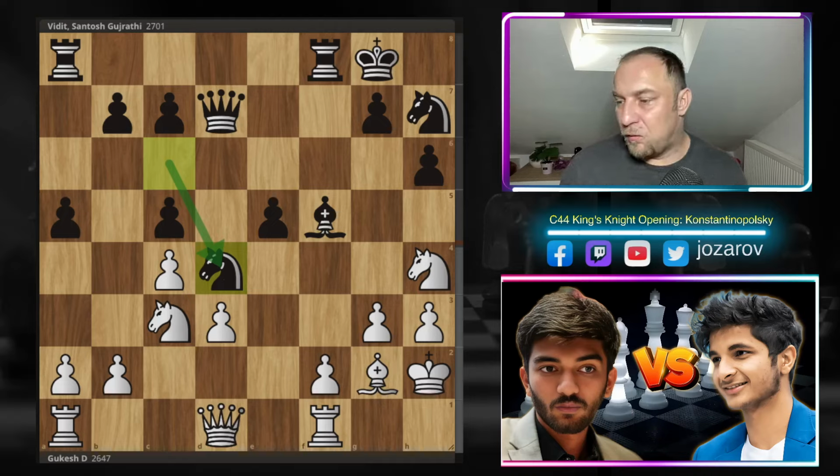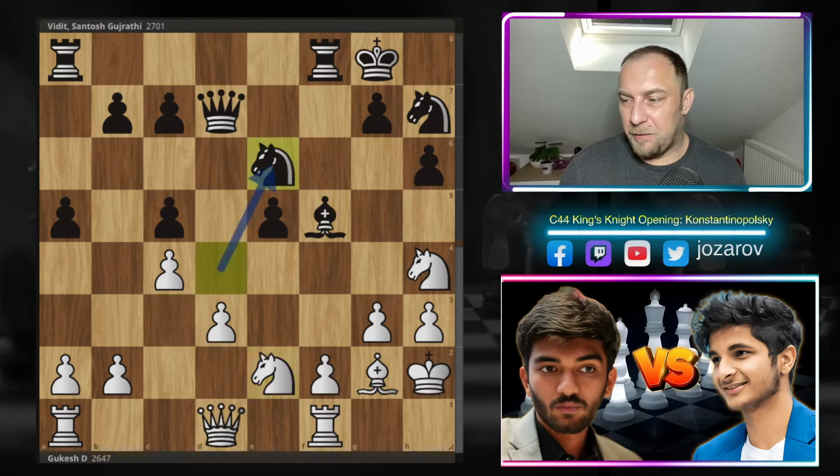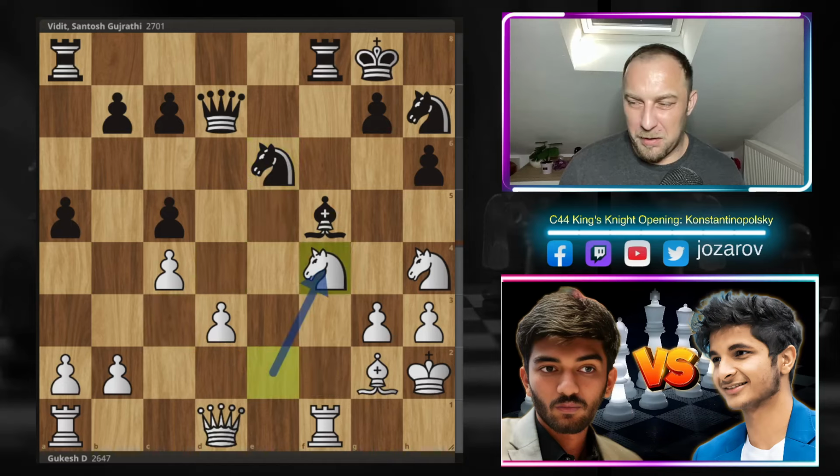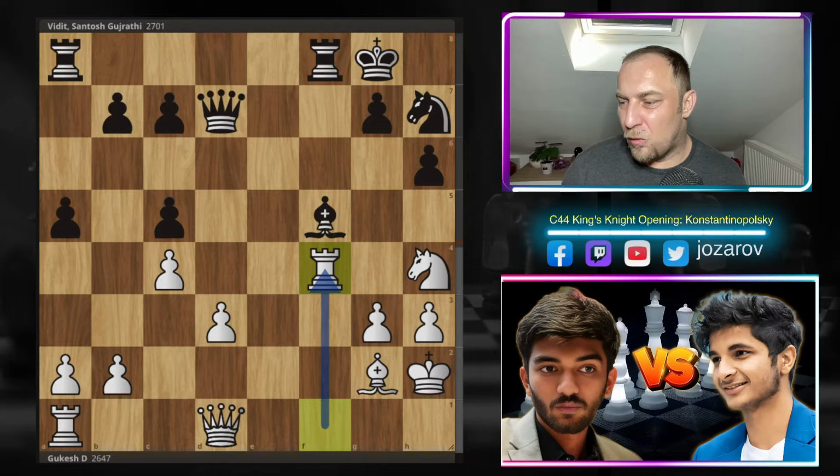After knight to d4, of course, white would challenge this knight, but then you retreat. f4, maybe this one. Of course, both players don't have to play the game like this. I'm just showing you maybe here the top engine line. But after knight to f4, rook to f4, the issue is now that you can never